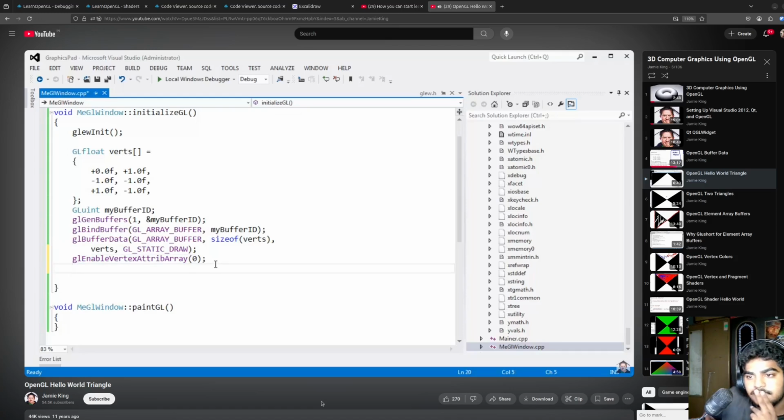Now that we've enabled that, I now have to describe my data to OpenGL. When we send our data down to OpenGL, OpenGL just says, I'm going to copy this many bytes from this memory location. Nowhere in this function does it say anything about what that data means. You and I can look at it and say, it looks like there's 2 floats per vertex, but OpenGL doesn't see that. It takes a void pointer and just copies the data down. So now we need to describe our data to OpenGL. So GL